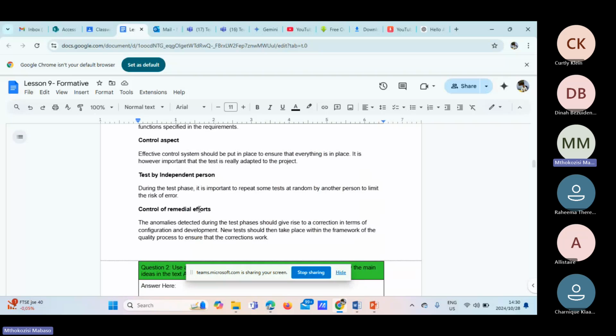Effective control systems should be put in place to ensure that everything is in place. It is, however, important that the test is really adapted to the project. There is the step by an independent person. During the test phase, it is important to repeat some tests at random by another person to limit the risk